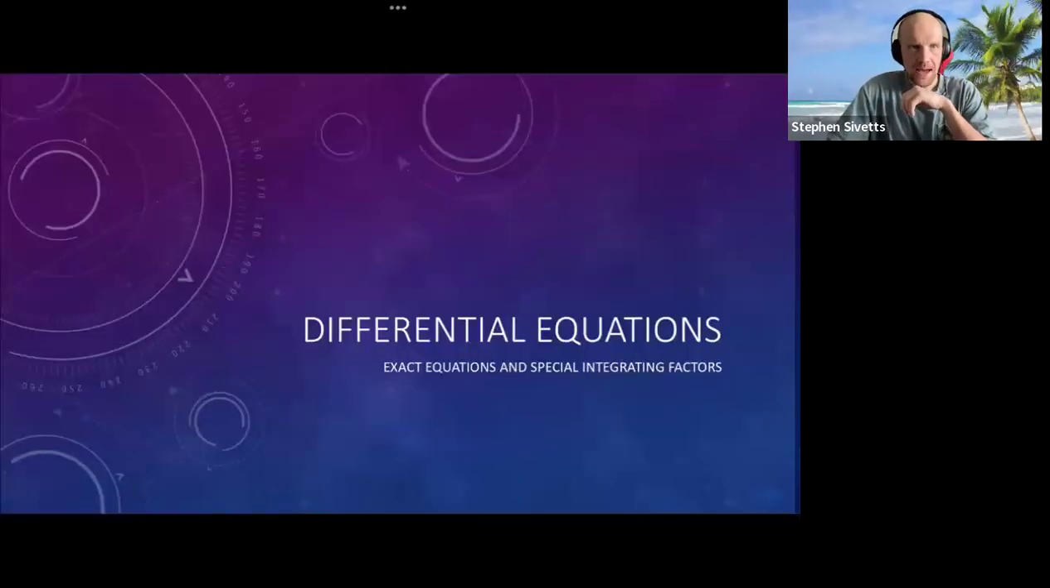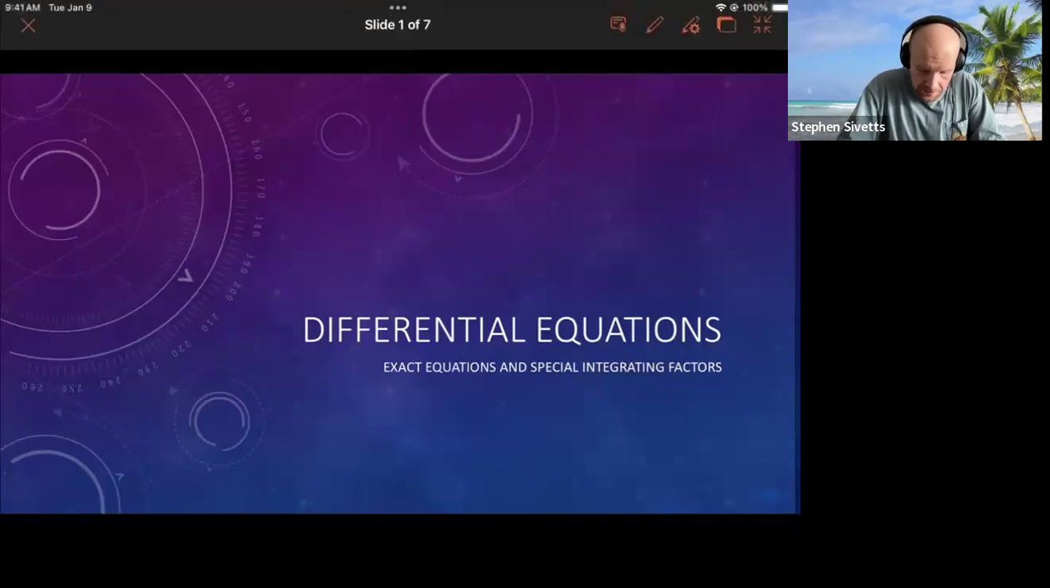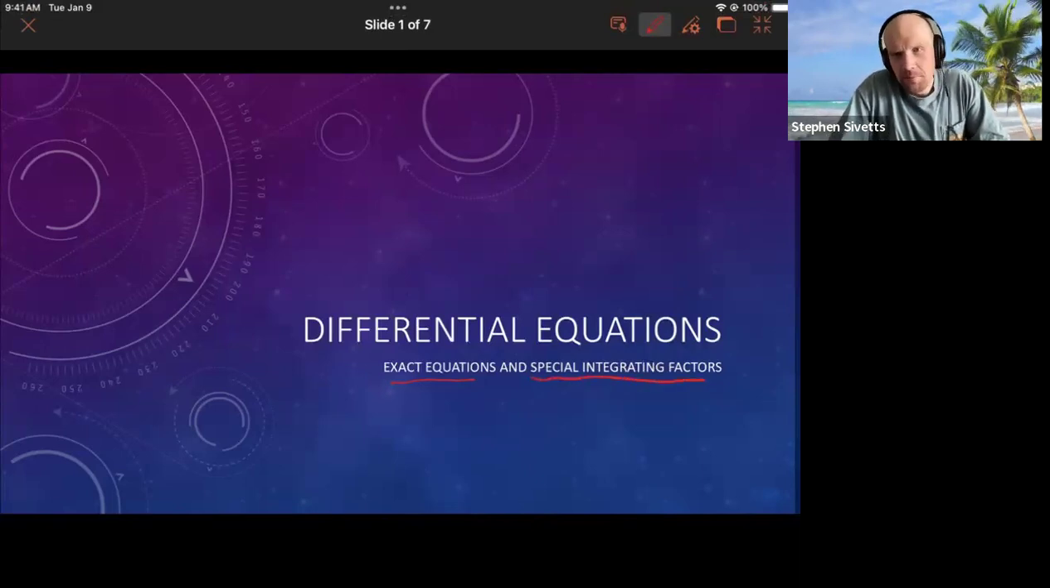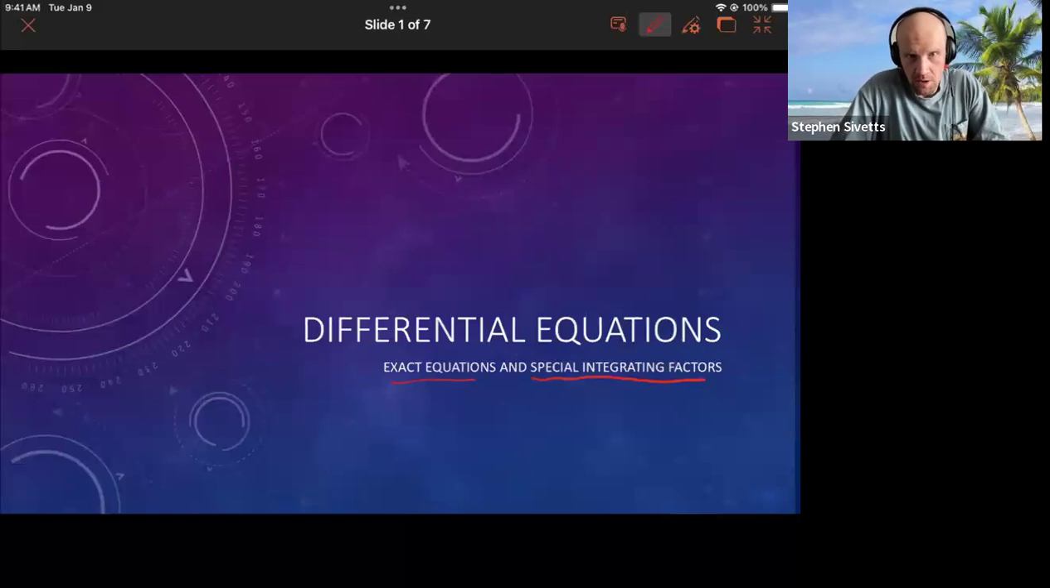All right, welcome back. So in this lesson, we'll be looking at another method of solving first order differential equations. And it will be the case where we will deal with exact equations. And there's a special section in the textbook where they talk about different integrating factors for exact differential equations. But for the most part, I'm going to give you an overview of what an exact differential equation is and how to solve it. Before I get into this, you'll need